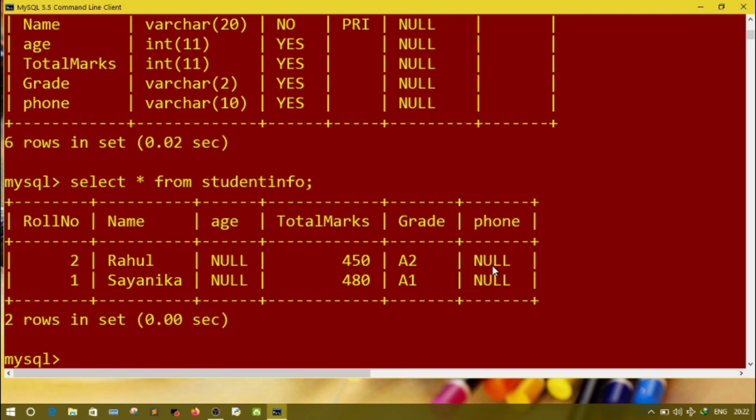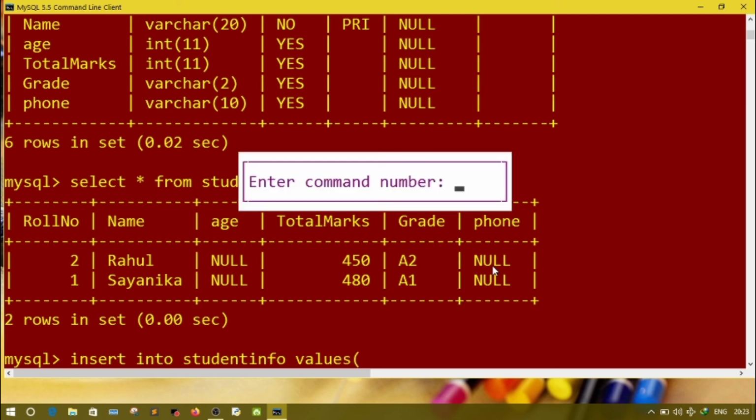I have two students' information. Suppose I want to add one more record with the same name. For that the command is insert into student info values, in bracket